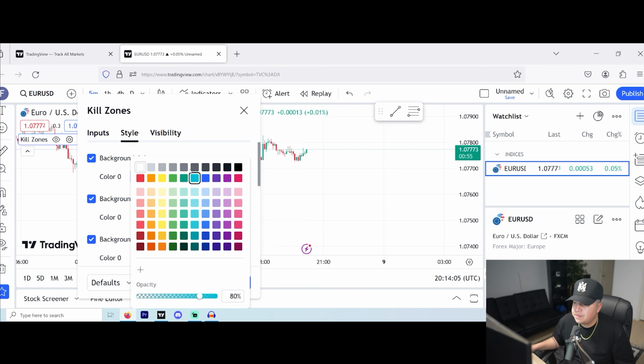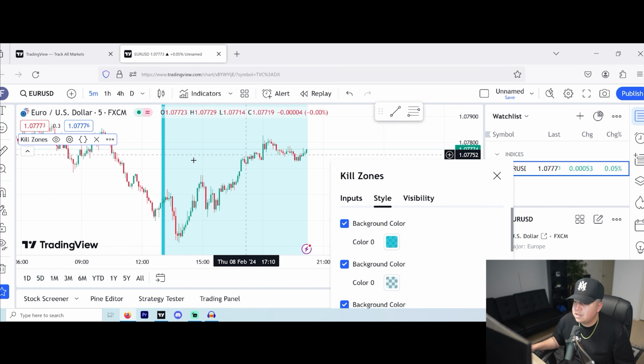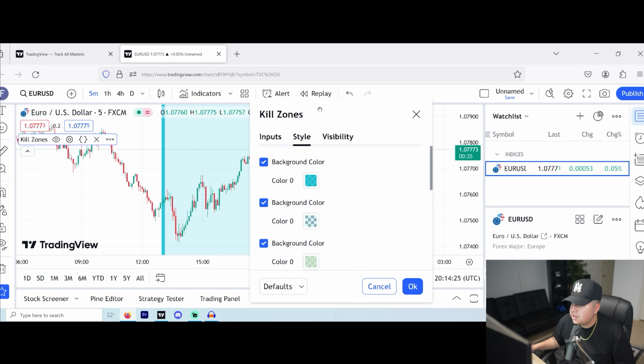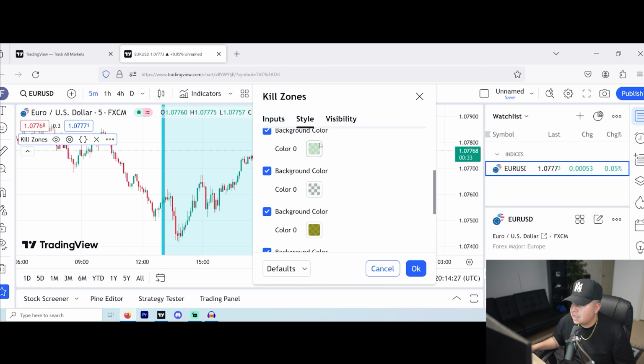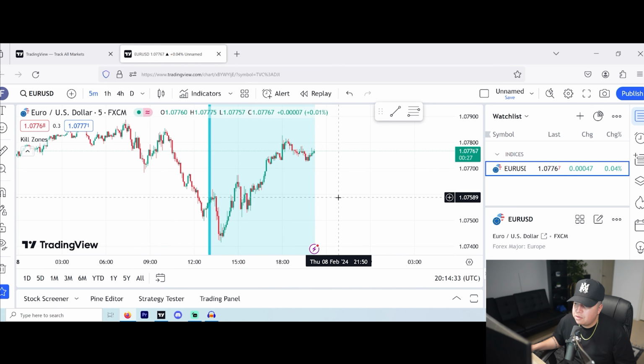So I'm going to make this blue. I'm going to make this blue, right? And now you see the color come up. This is New York session. So this is the start of New York session, and we're still in it currently. Now, if you're trading London session, you'll want to scroll down and change these colors. It's very simple. So once you exit out of that, now we know that we only want to take trades